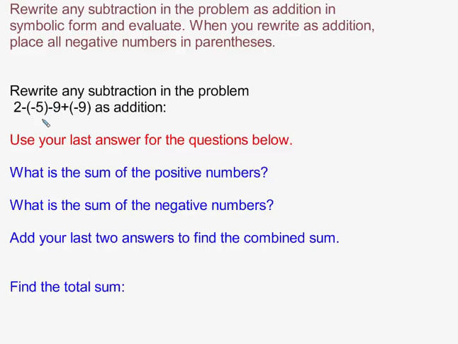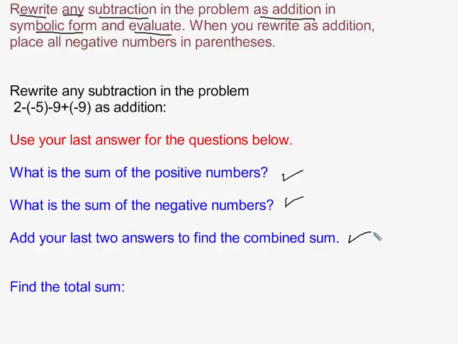In this problem, we will be given an arithmetic expression like the one shown here. Our job is to rewrite any and all subtraction within the problem as addition in symbolic form. The last thing we'll be doing is evaluating our expression, but in order to evaluate our expression, we'll be following